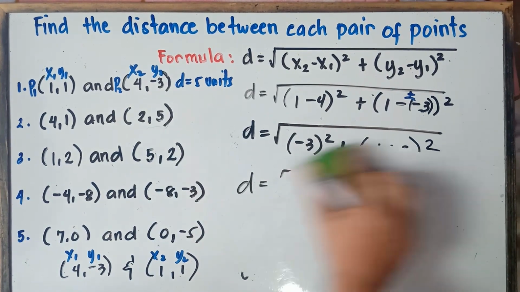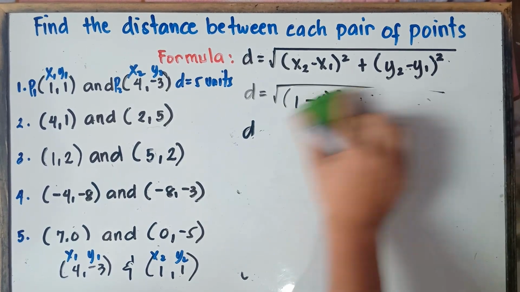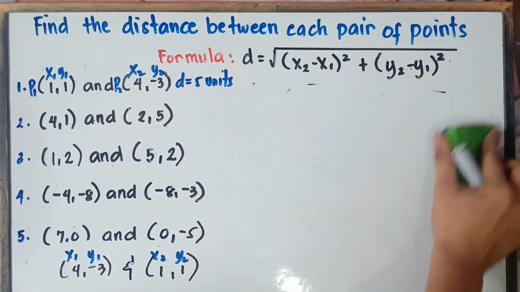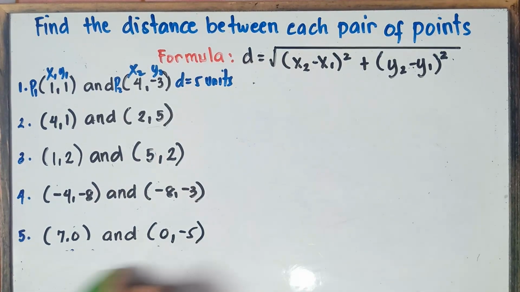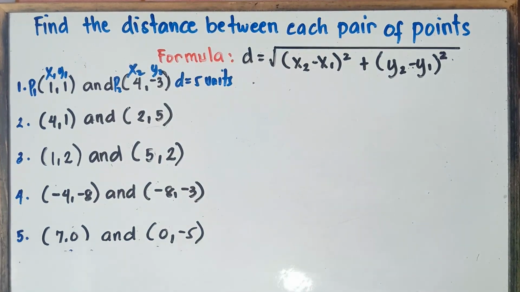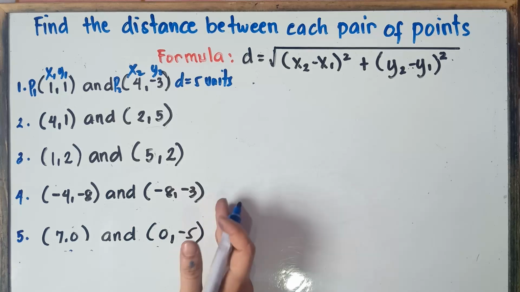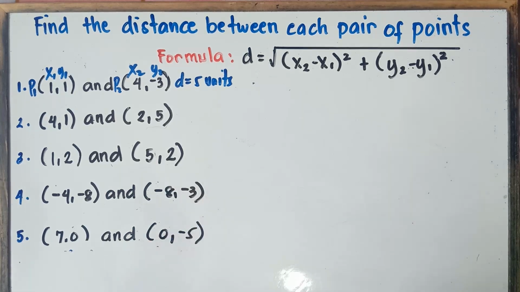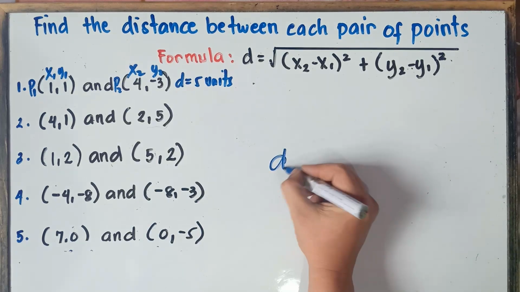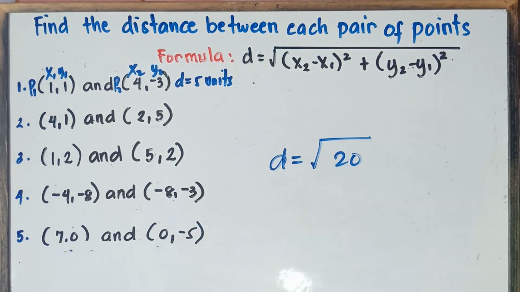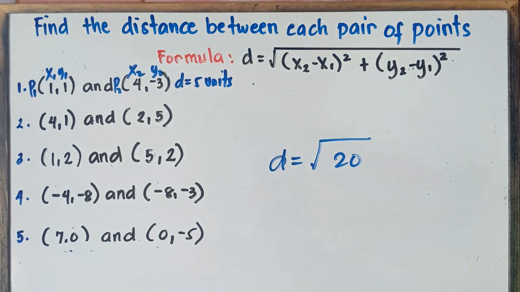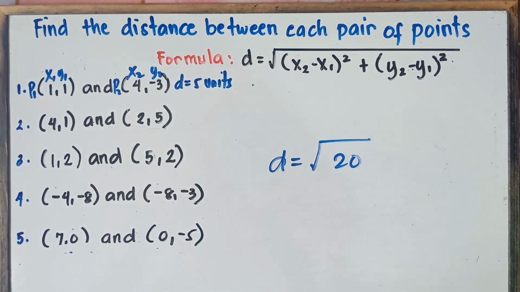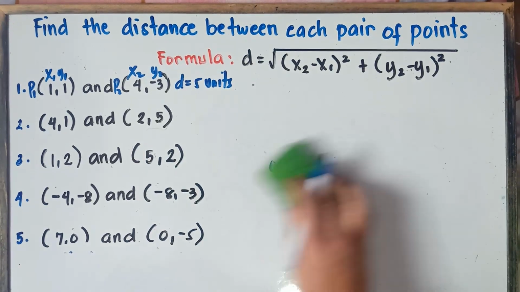Let's proceed now to example number 2. Because we don't have enough time, we need to answer this one. We will have 5 examples for you to really understand this, class, and later on you will have your activity. Example number 2, because later on we will have tricky examples. What if the number is not a perfect square? What would we need to do if the number is not a perfect square? For example, the value of distance is equal to the square root of 20, and 20 is not a perfect square. How will you answer that one? We will explain that later on.